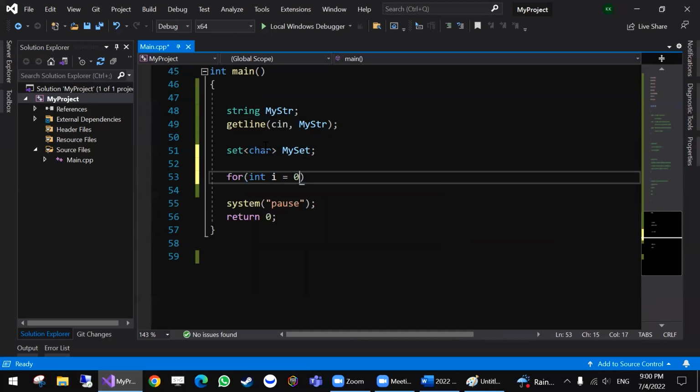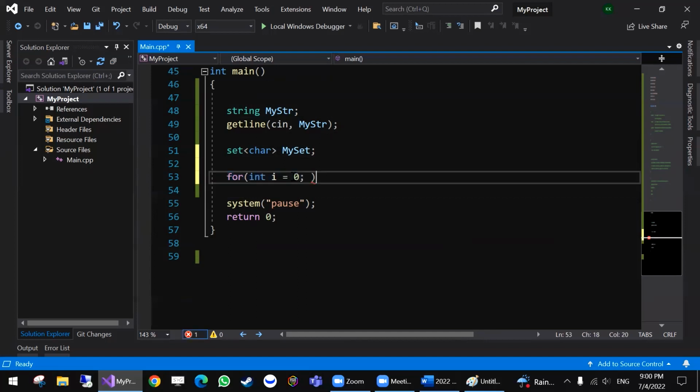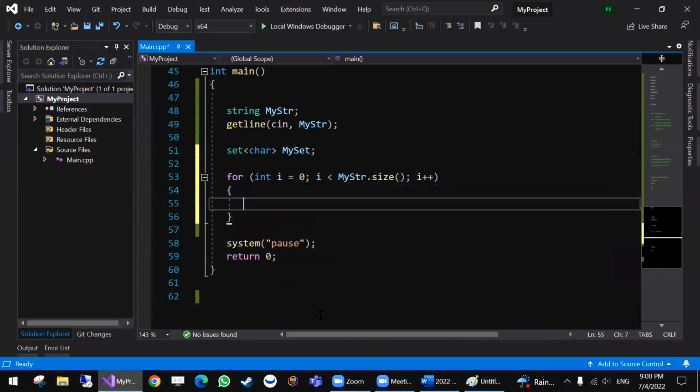Of course, I can use any type of loop. The type of loop I'm using has nothing to do with how fast the program is. It's just preference. For me, I'm just going to use this. I can use for each, range-based, etc. Int i, as long as i is less than str.size, i++. No matter how the code looks like, it's going to be fast. Of course, it's better to look nicer. So for the entire size, on each character, my set dot